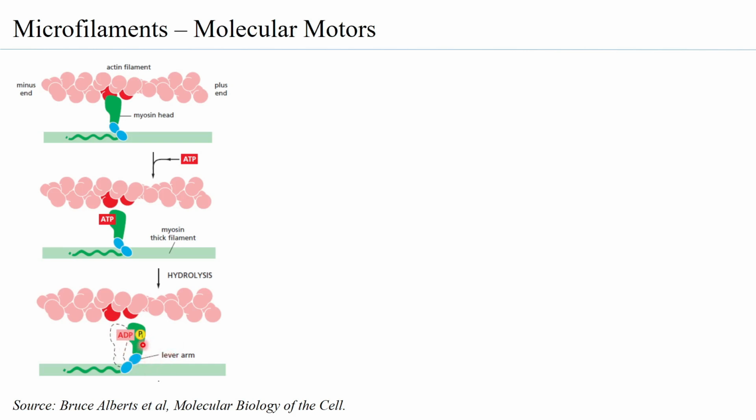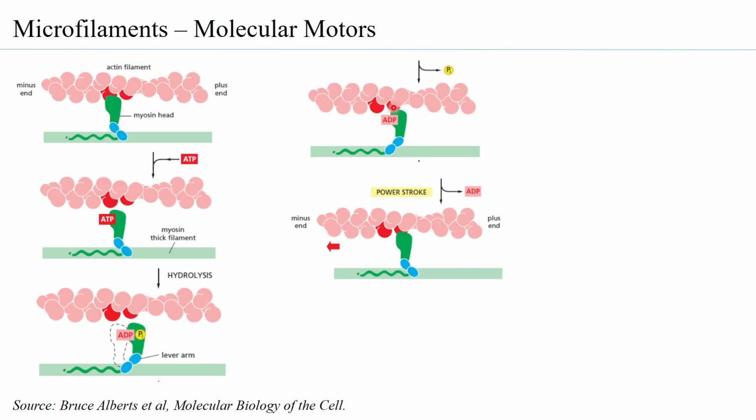In this conformation, with the Pi being released and ADP bound, you can see how where it was earlier bound at this position, because of the change in the conformation, it is now bound to the actin present over here. Then when the ADP is released, you can see that this conformation again goes back to this conformation. So it is actually sliding the actin towards the minus end. So therefore, what the myosin is doing is that due to the power stroke, it is sliding the actin filament